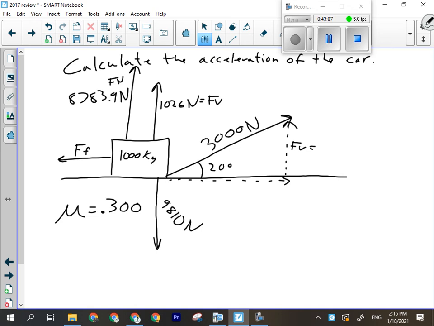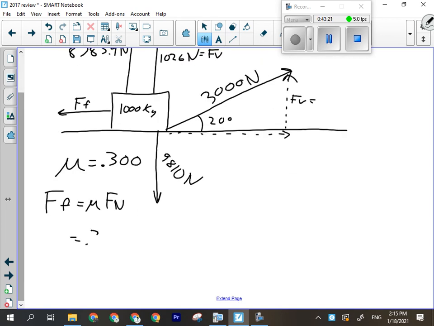Okay, now I've got that. That can help me calculate the force of friction. Okay, everybody with me so far? So that can help me calculate the force of friction using the formula for FF. That's mu times the normal force, which is simply going to be 0.3 times that